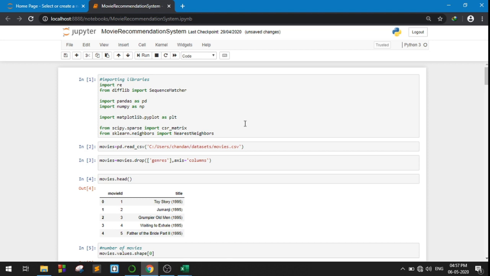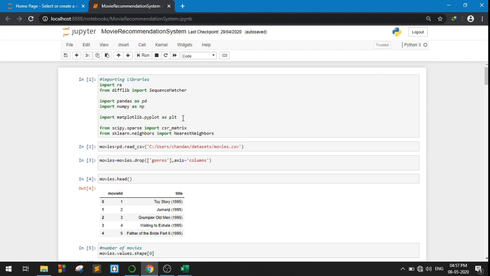Import re, which is a Python built-in package that we will use to work with regular expressions. Then we have SequenceMatcher, which is a flexible class for comparing pairs of sequences of any type, as long as the sequence elements are hashable. Then we have pandas, which provides an easy way to use data structures for data analysis. We will use pandas to load data into a data frame object. Then we have numpy, which is used to handle multi-dimensional arrays. It provides an easy way to perform vectorized operations.